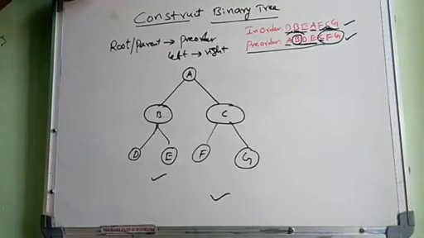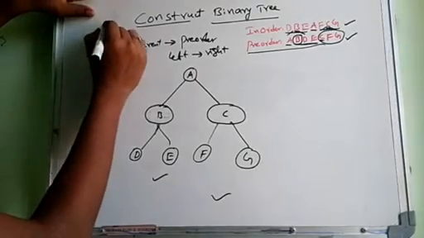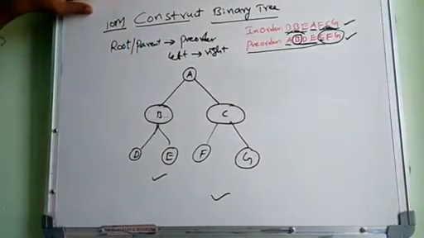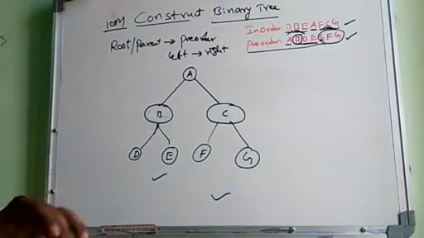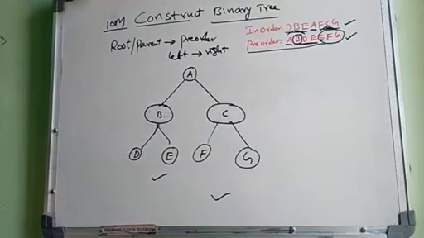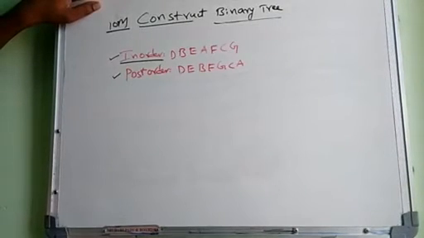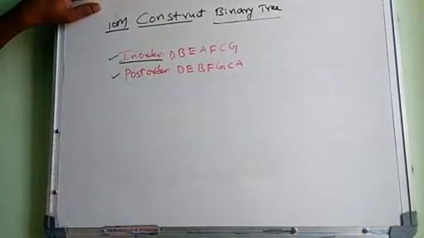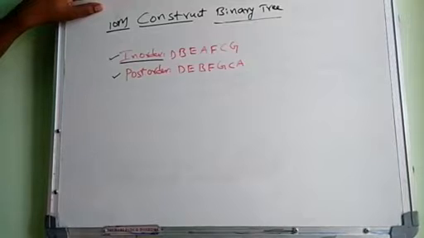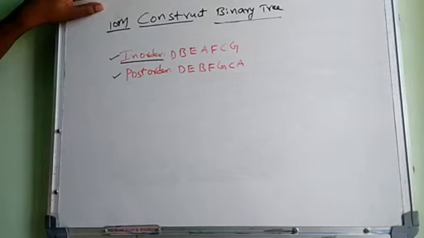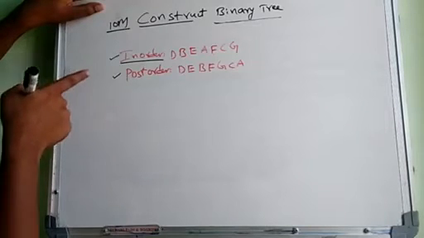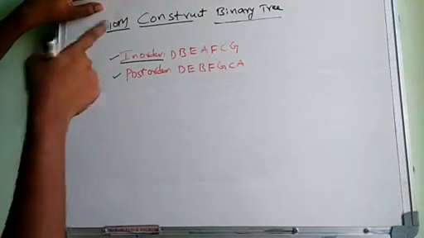They will ask this question for 10 marks. It is very important; we have to elaborate the procedure step by step. Now the method for construction of a binary tree: the previous method we discussed was construction of a binary tree using in-order and pre-order. Now the question is to construct a binary tree using in-order and post-order.